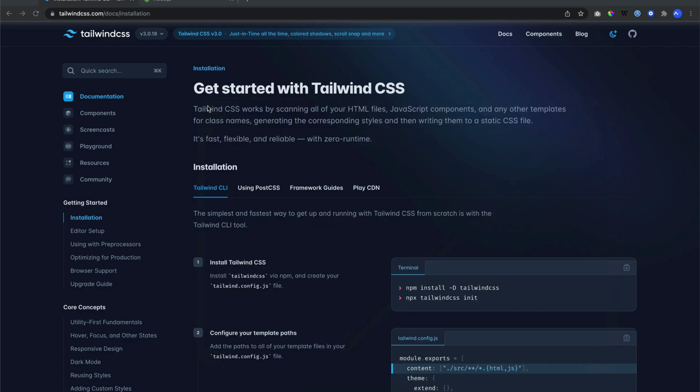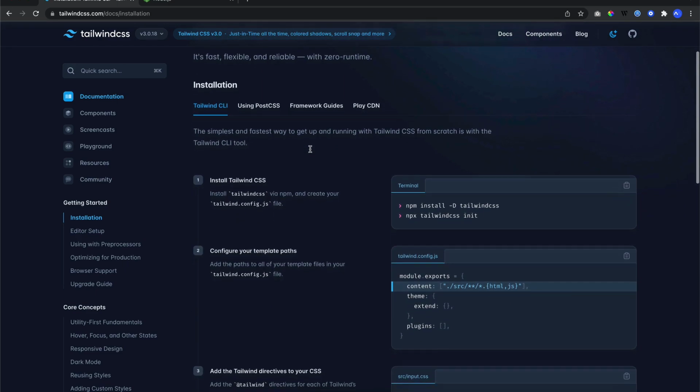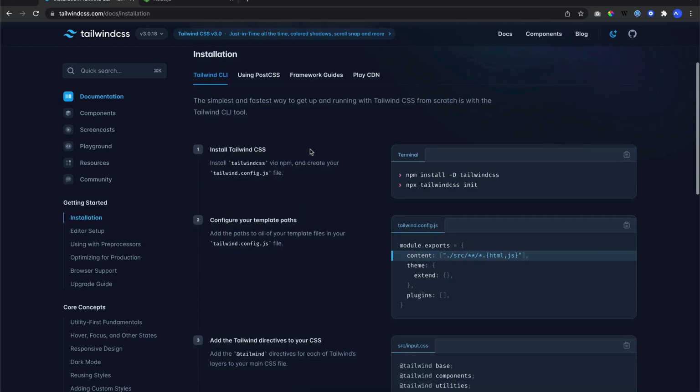Okay, at the very first, when Tailwind CSS launched their CSS framework, maybe the very first version, it wasn't really easy to install Tailwind, but right now they've made some improvements, and it is so easy.